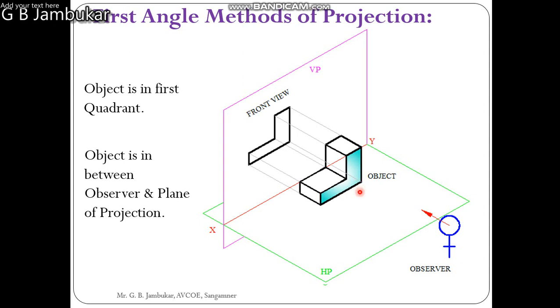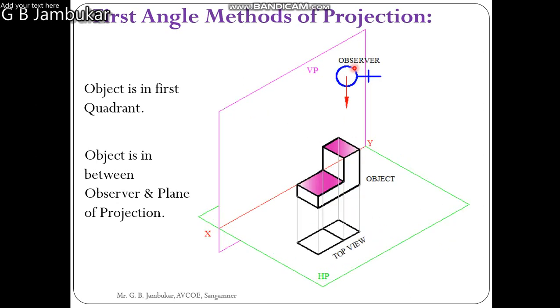Now, for the observer to observe the object from the top side, so we get top images, the observer will be here, and we get the images on the horizontal plane like this. Now the observer is here, observing the object. This plate and this plate get observed, and we get the images on the horizontal plane as a top view, because the observer observed the object from the top side. Now this is about the projections we get on the vertical and horizontal planes. On the horizontal plane we get the top view, and on the vertical plane we get the front view of an object.